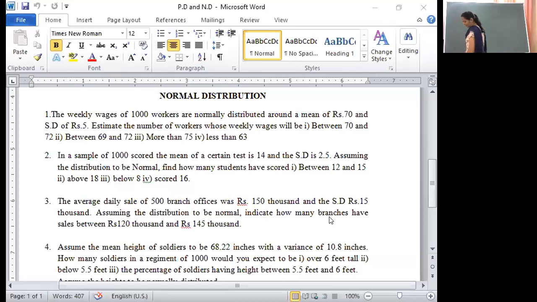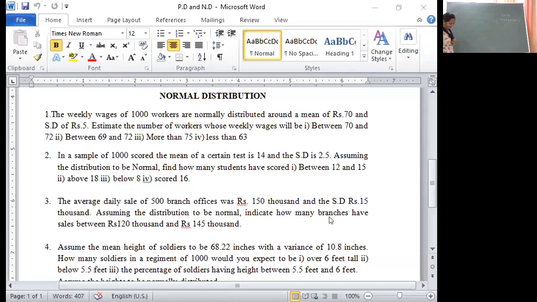Okay, who got the answer? Then try it out for probability of exactly x is equal to 16. That means it is lying between 15.5 less than or equal to x less than or equal to 16.5. Fourth one, you have to try this way. Third one, I will explain. Who didn't get the answer?